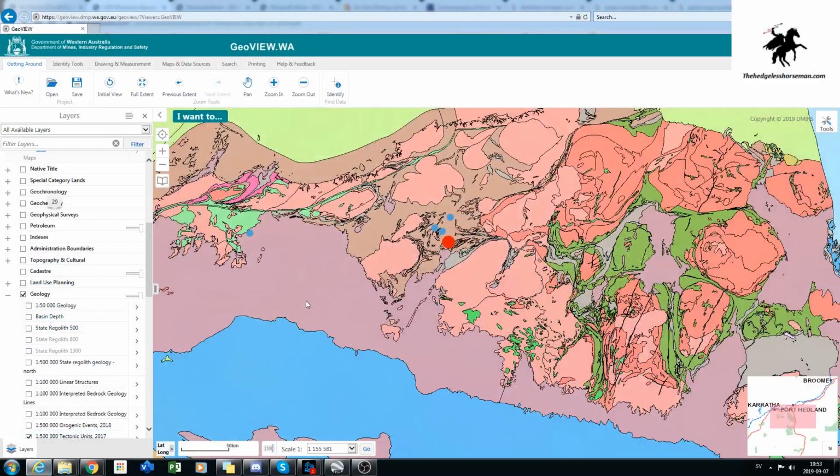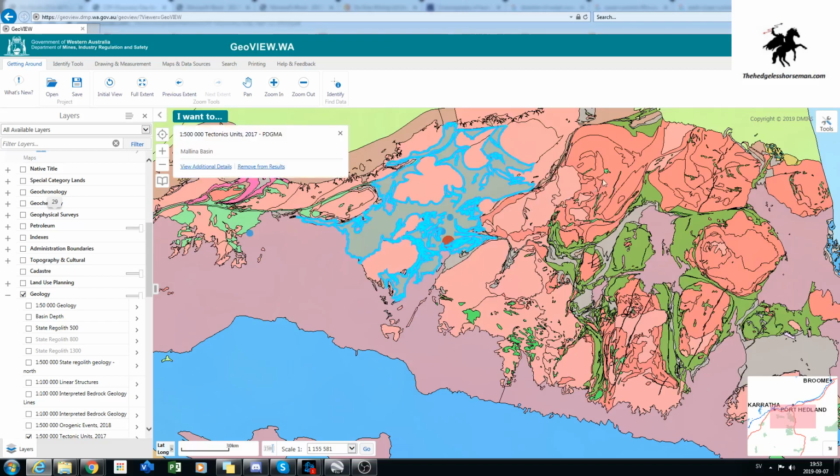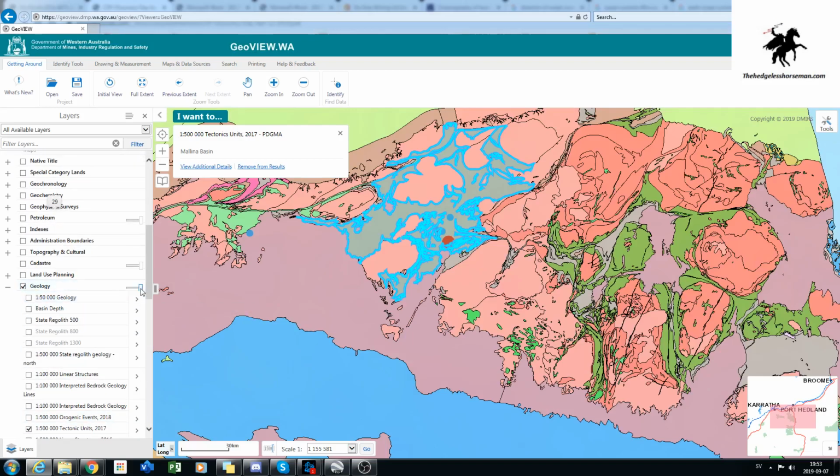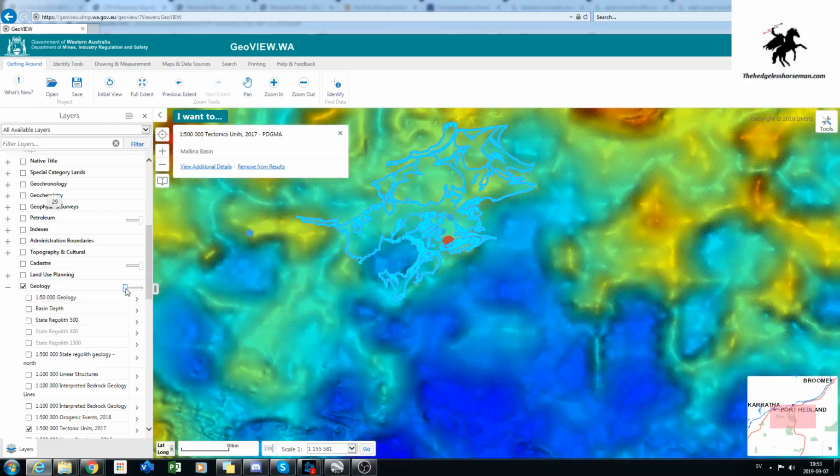So let's switch to the mapping tool. The brown unit here is the Gray sediment package. What remains of it today might have covered a much broader area, I don't know. These are granites, for example, and they have lower gravity, so if there were sediments here and every other place, they probably got eroded first. But this part of the Gray sediment package remains today, and if you look at the gravity profile,